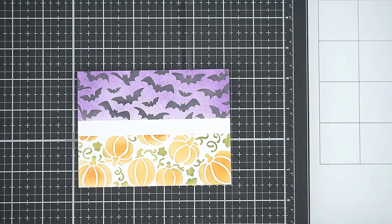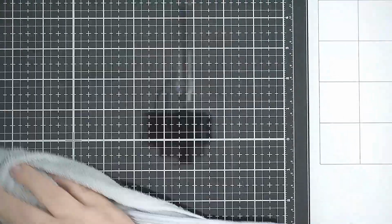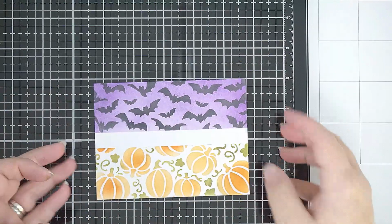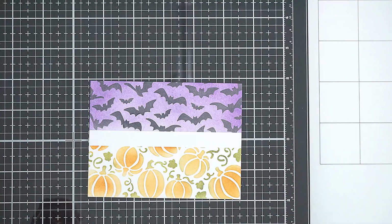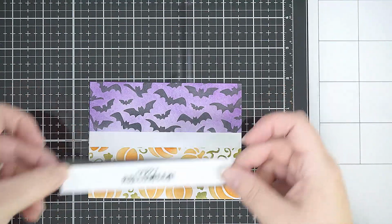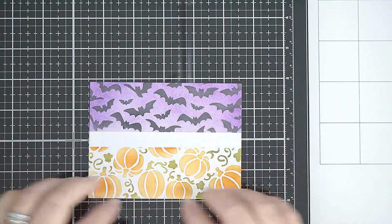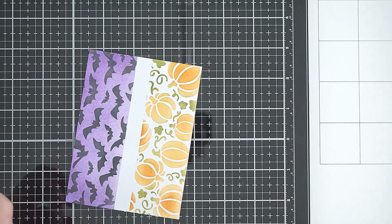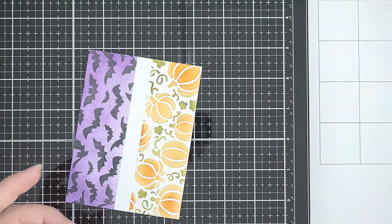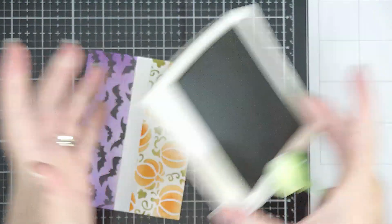So one more thing I want to do, but I'm just going to clean this up a bit, make sure I haven't got any other colours, is the pumpkin patch looks a little, I guess, white. So let's just see if that's gonna, I mean, that will work, but this has a background to it and I want to fill in some of that. So I'm just going to take the green, the old olive,